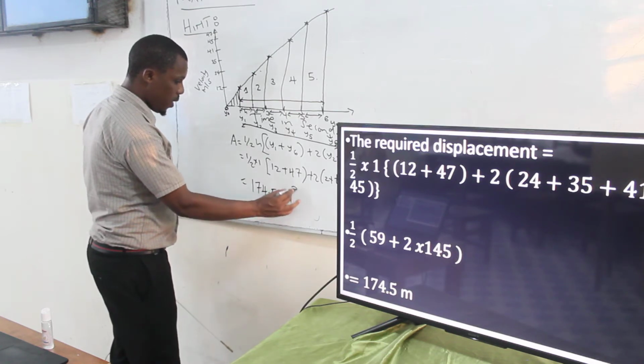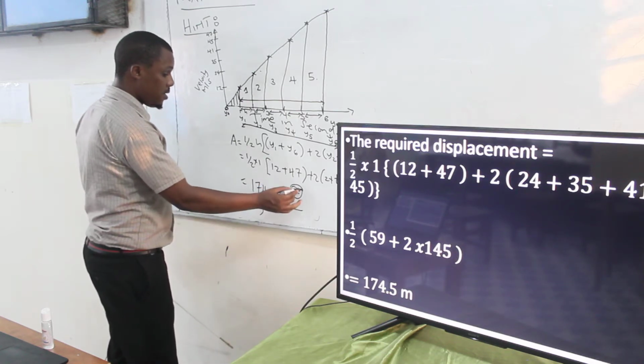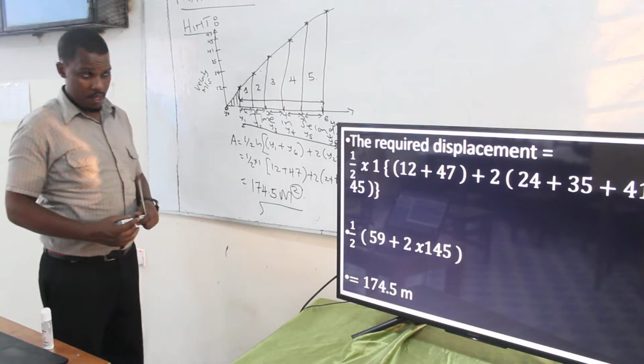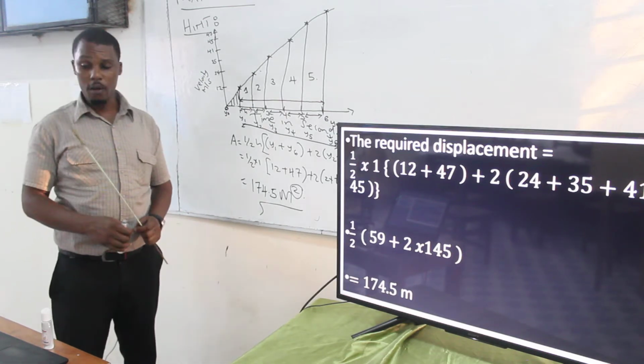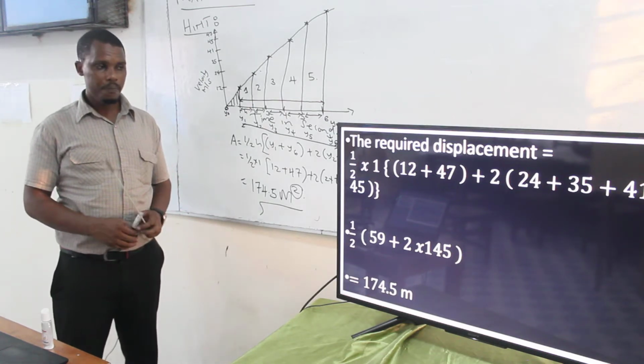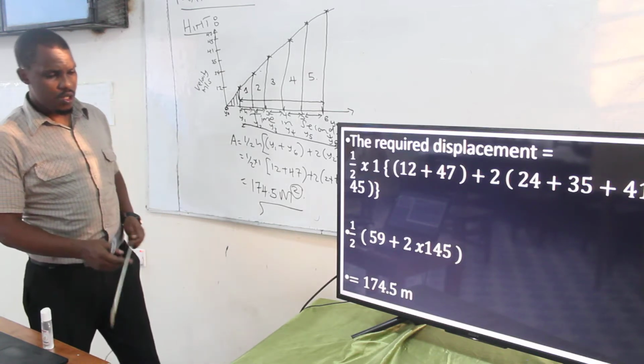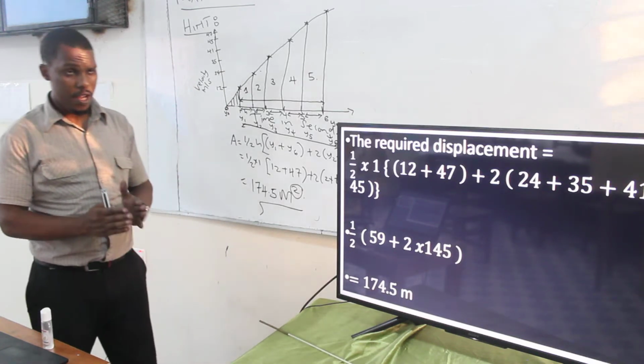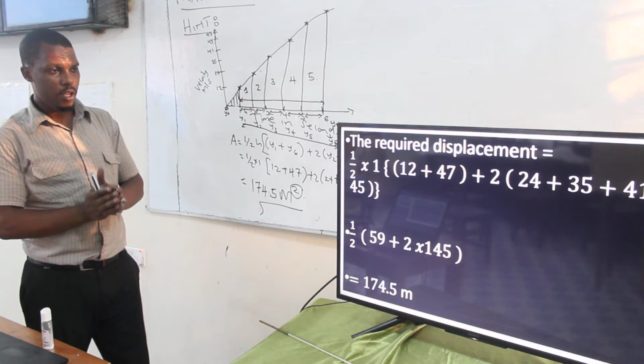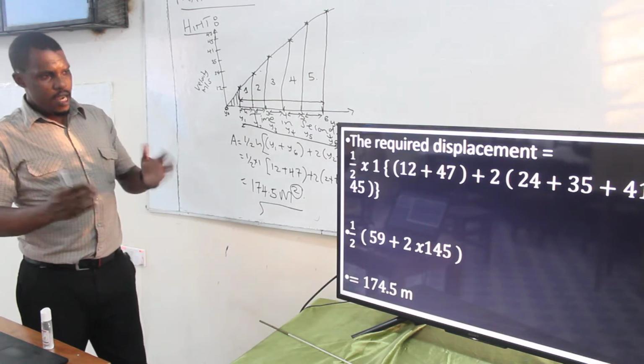174.5 meter square. Don't forget the square part, because if you leave it, you're going to be penalized. If you leave it, it will be as if you're finding the perimeter. So that is the interpretation of the question that you're going to be finding in the exam, and you should be very careful when a question is framed in form of that table. That is example number 1.